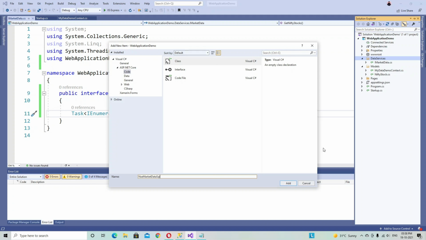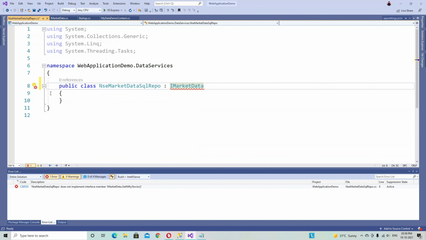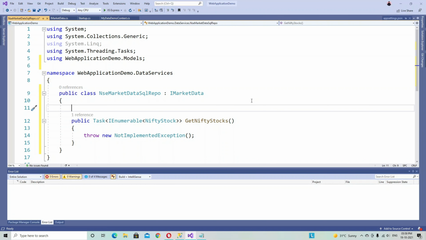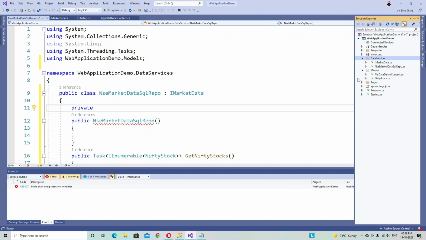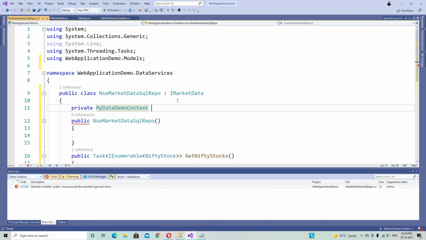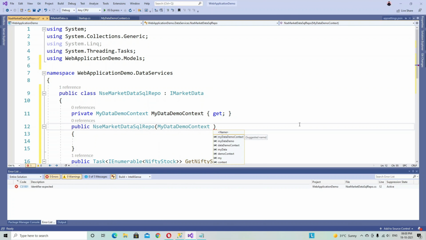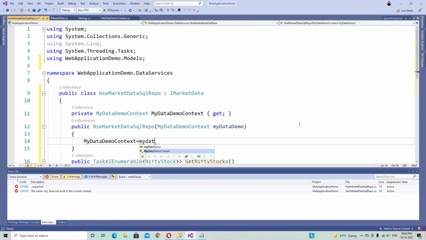Now add another repository class named NSEMarketDataSqlRepository, inherit from the IMarketData interface and implement this interface in the class. Now we use a constructor for this class to get the SQL database data, collecting an instance of the DbContext. Our DbContext name is MyDataDemoContext, and a get accessor.